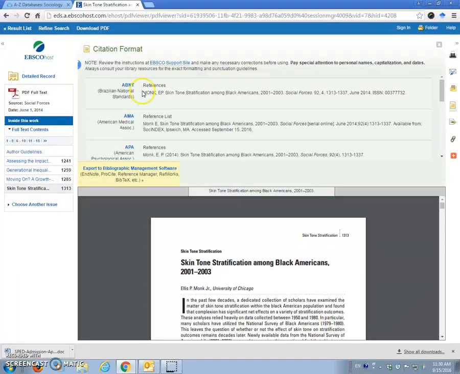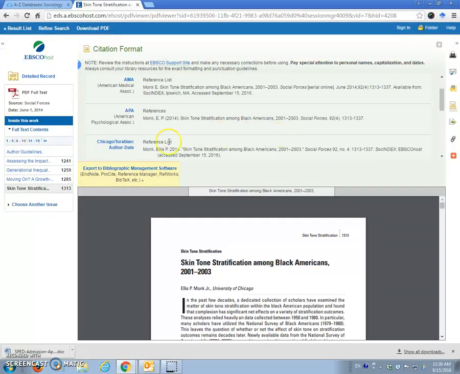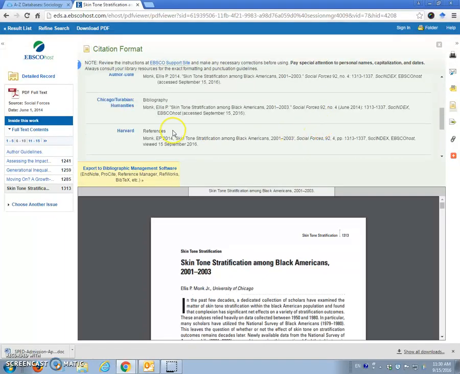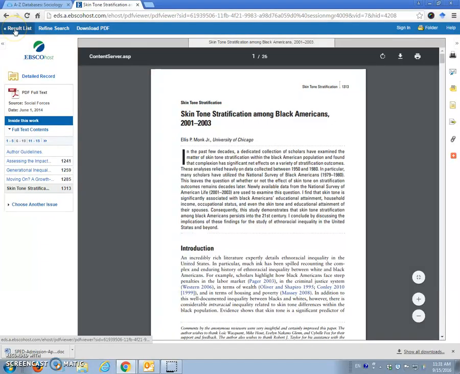So since I don't see this, what I can do is select what I believe to be maybe the most complete citation that will work for me. When I go back to use ASA through an online guide, I can use this basic information, cut and paste, and move it all around. So I can cut and paste that, and I can put it into a document. Once I go back to the result list,